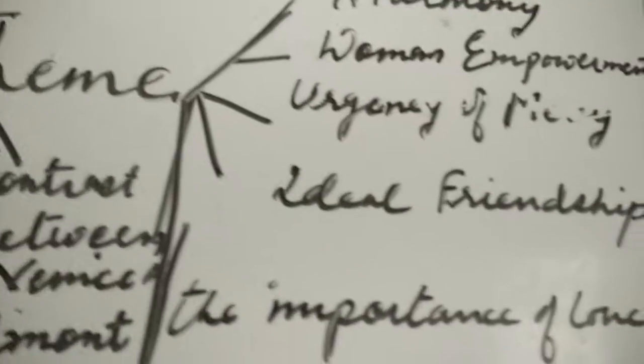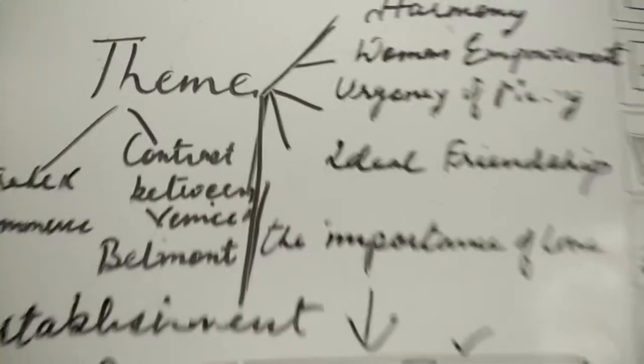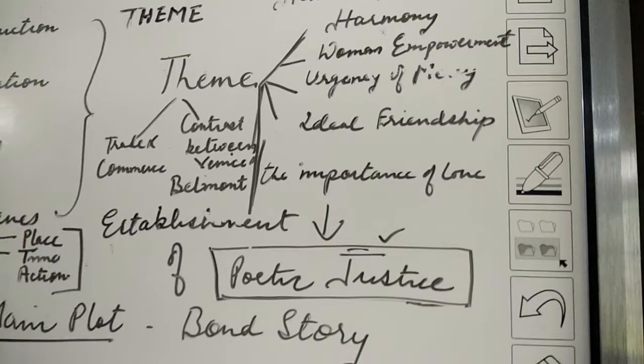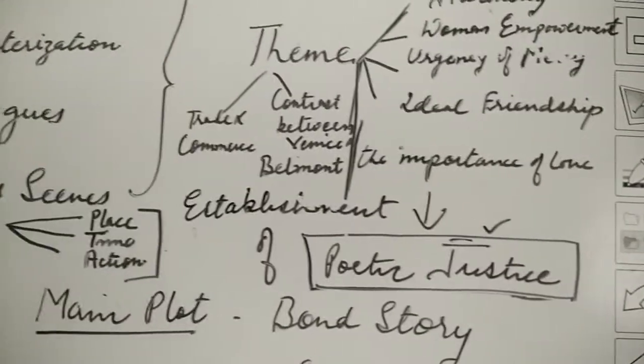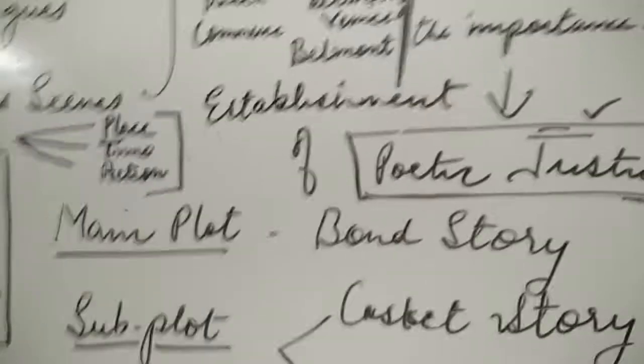And see, the theme of women empowerment, as Portia stands for it; she's a symbol of women empowerment. Then we have the urgency of mercy. Mercy is kindness. People should be sympathetic to each other. So mercy is one of the important themes in it. And we have ideal friendship between Antonio and Bassanio. So it is necessary to do away with the conception of romantic comedy which is confined to a love story. No, these are very, very important things. Ideal friendship between, say, Antonio and Bassanio. Then we have the importance of love in human life as one of the important themes,